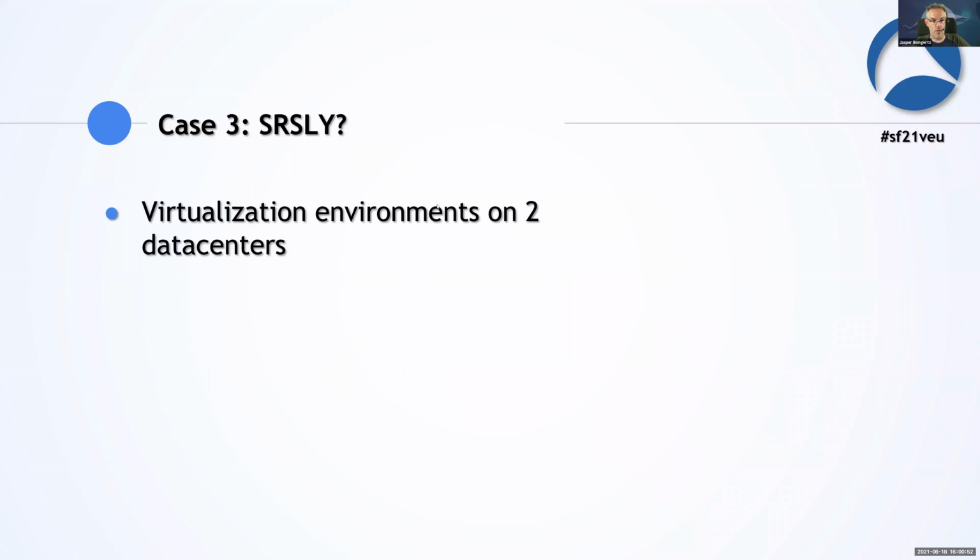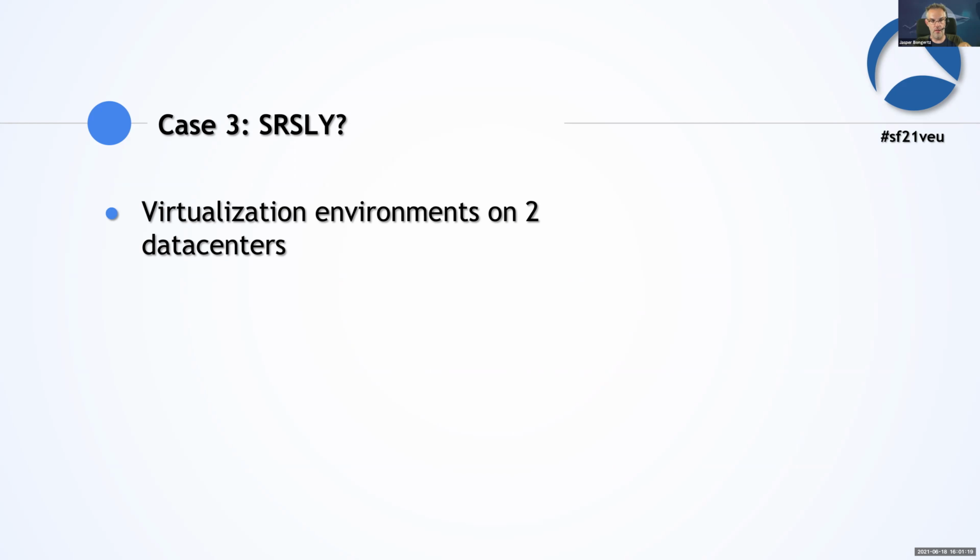Okay, last one. Case number 3. This is called Seriously. And this is not a ransomware case, fortunately, because I have too many of those. This is something where I was asked to help with an analysis because nobody had an idea what was going on.